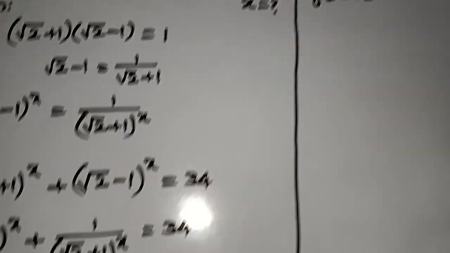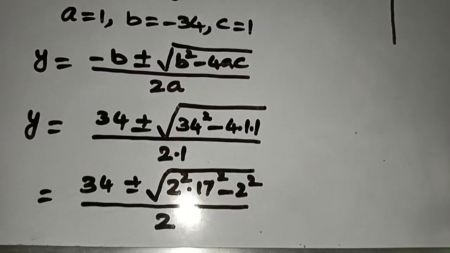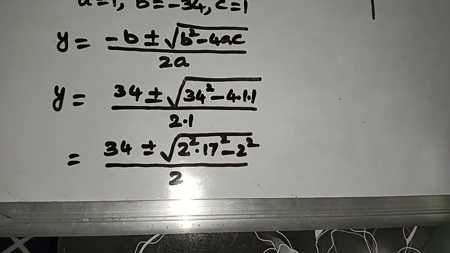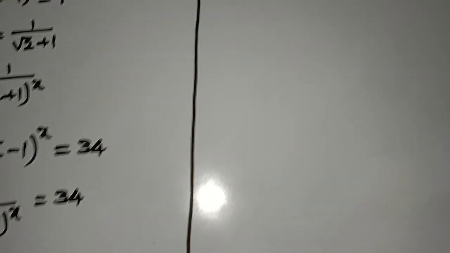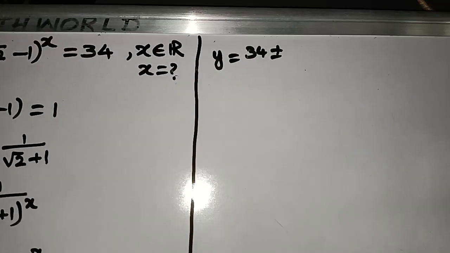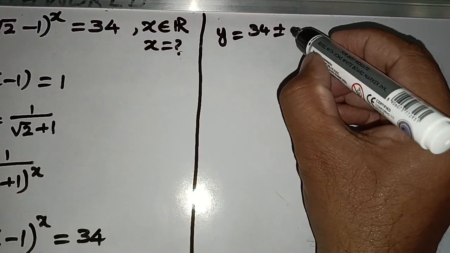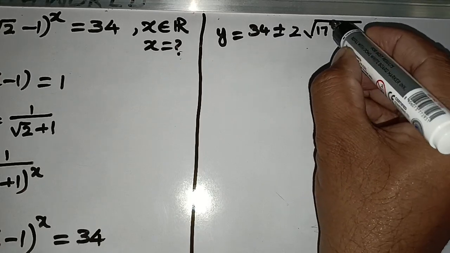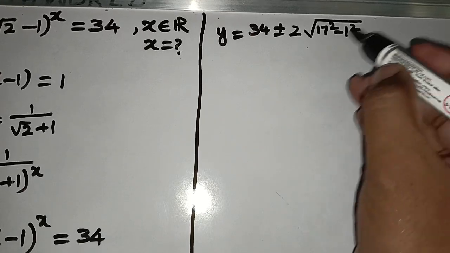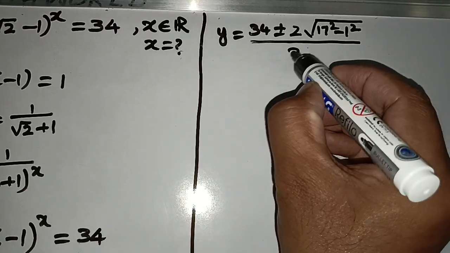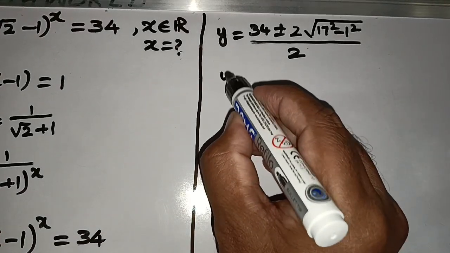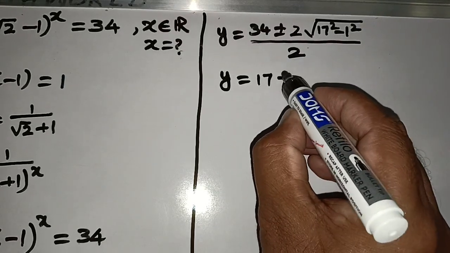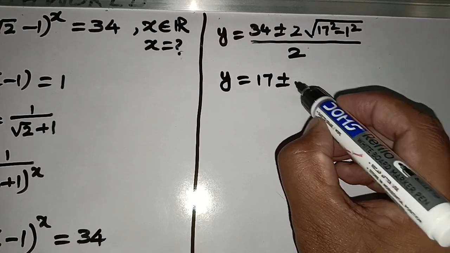In this we actually have 2² as a common factor under the square root. This 2² I take out as a common factor. So I write y is equal to 34 plus or minus 2². When taken outside the square root it becomes 2, and here we have 17² minus 1², divided by 2 times 1 is 2. Now by dividing by 2, 34 by 2 is 17, plus or minus 2 by 2 is 1, times the root of